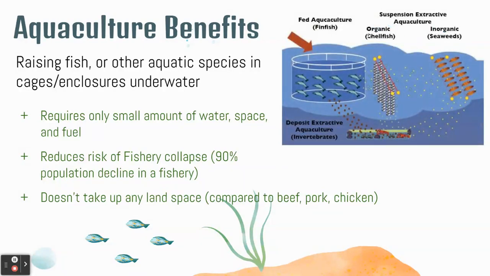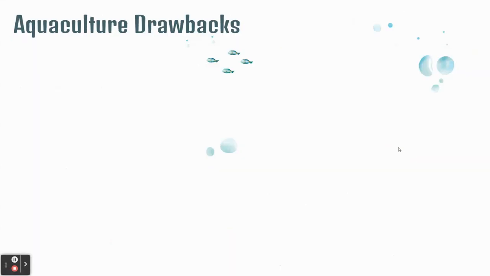So, this is just an example of suspension aquaculture and fed aquaculture. So, in fed aquaculture, you can have these giant pools, but they're, like I said, typically netted. The waste is able to escape. And we can do this with everything from typical fish, shellfish, seaweed, and then as those wastes go to the bottom, that's going to provide the food source for those bottom dwellers like crab and other invertebrates.